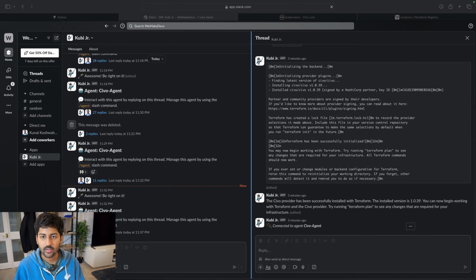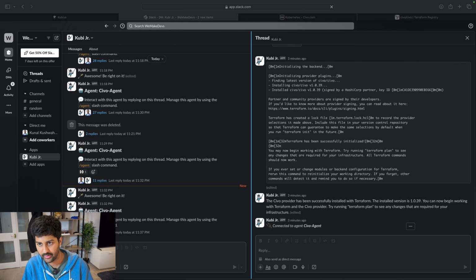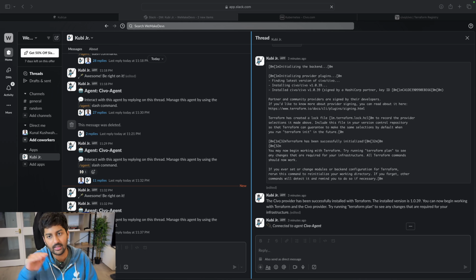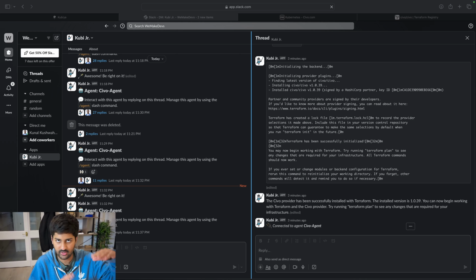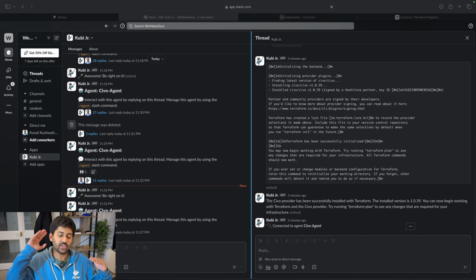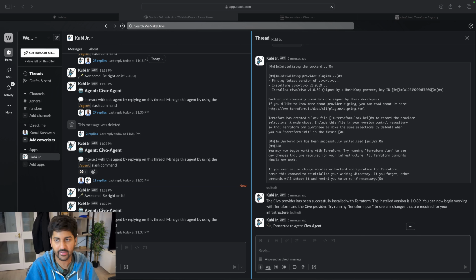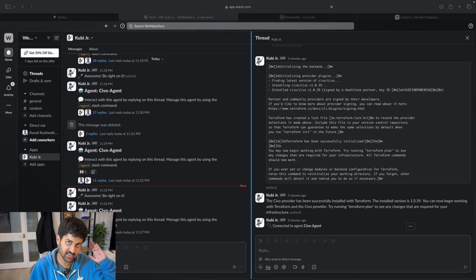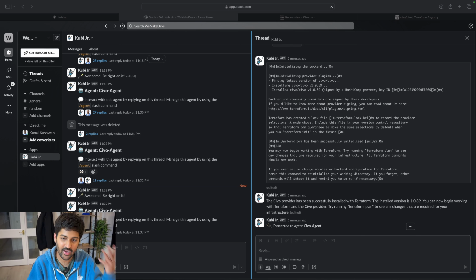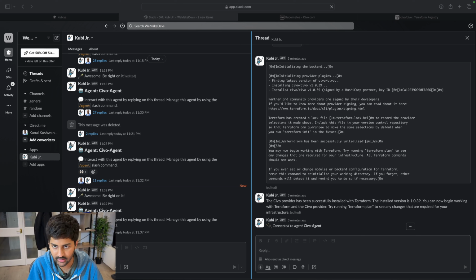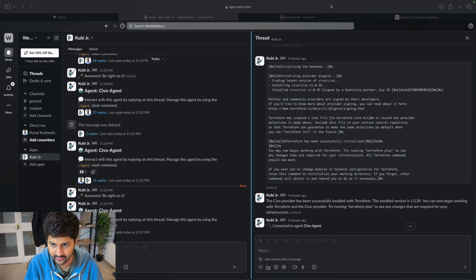Very cool. Okay, because if you're deploying cloud resources with Terraform on your own, you have so many steps. You install Terraform, then you write the configuration, which is the .tf files, then you initialize it with terraform init, then you review and plan with terraform plan, and you apply the changes with terraform apply, and then you validate and then you test. And with this, I can just ask it to do everything for me, and it just takes care of most of the things.